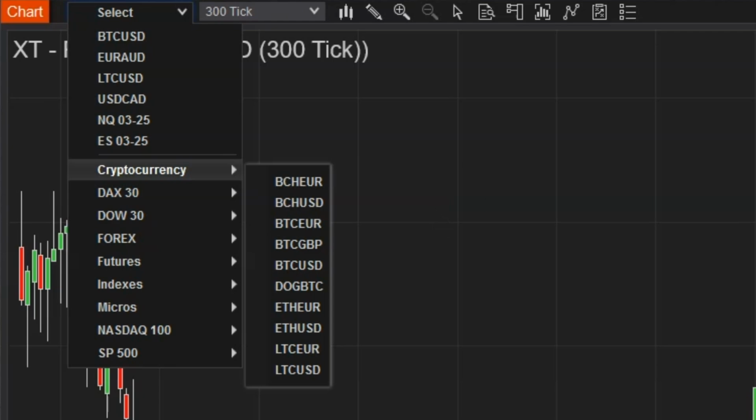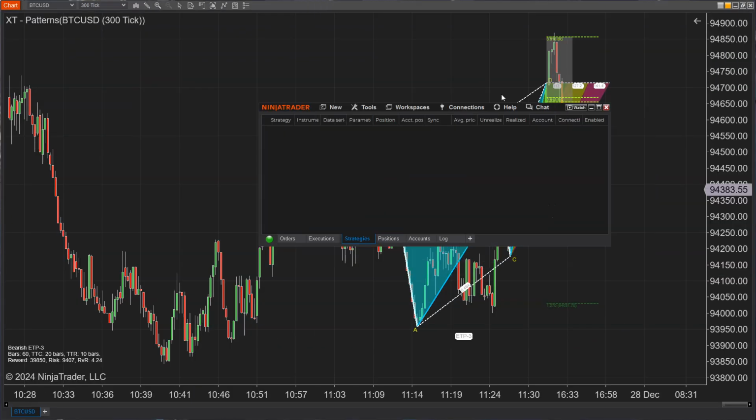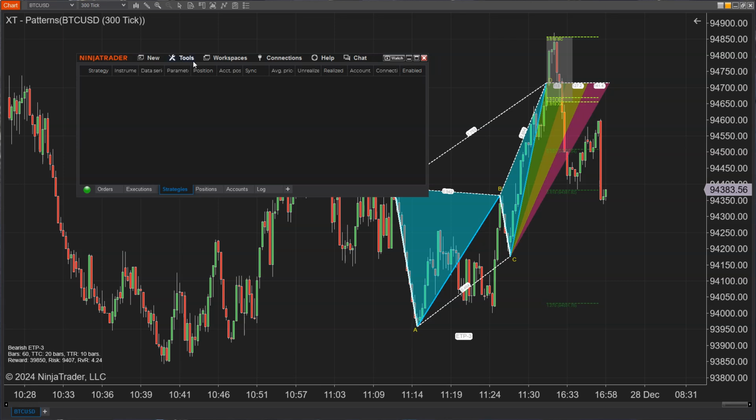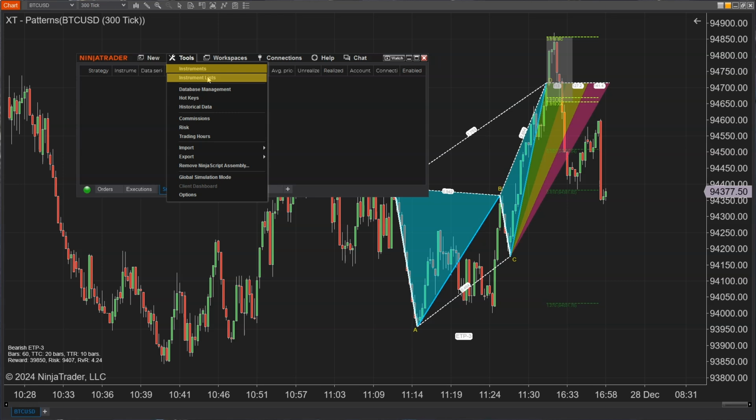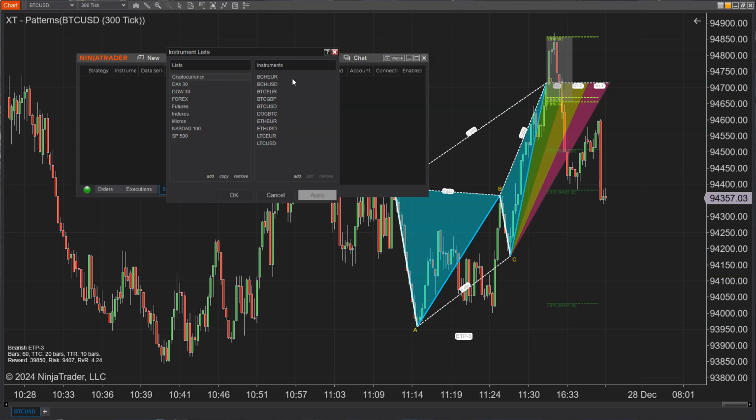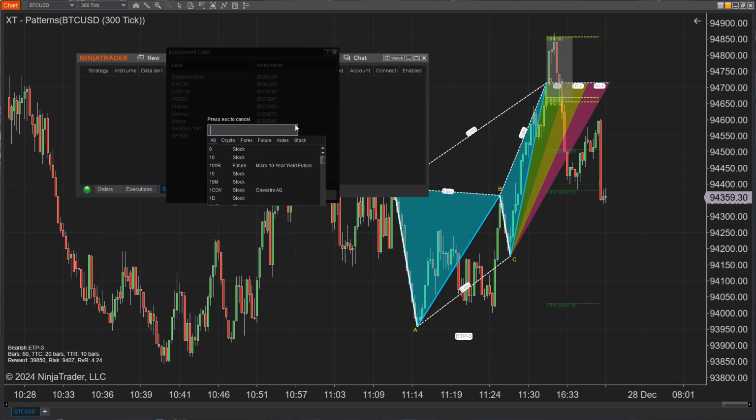So go back to your NinjaTrader 8 Control Center window and go to Tools. You will see Instruments and Instrument List. Okay, that's what we just talked about. We don't want to configure any instruments right away. We're just going to go into the instrument list, and we're going to go down to the bottom and hit this Add button. Okay, once you've done that, you're going to see this next window, and you can just type